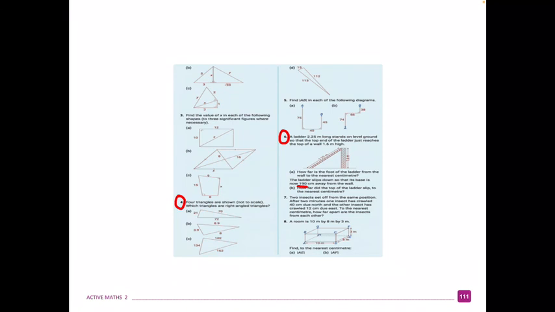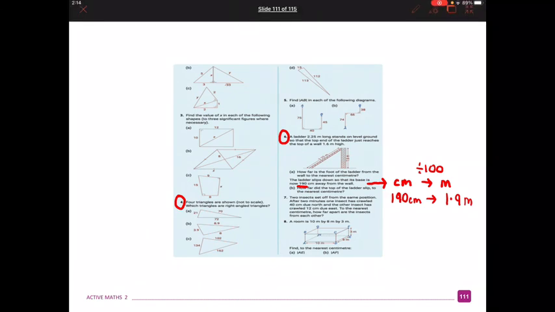In this question, we are given the base distance in centimetres, but every other distance in metres. The first thing that you should do in this question is convert your centimetre value into metres. We do this by dividing our answer by 100. Therefore, 190 centimetres changes into 1.9 metres. Okay guys, best of luck with the questions, and if you have any questions at all,